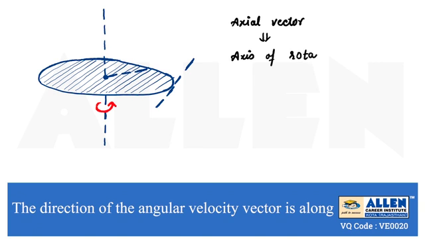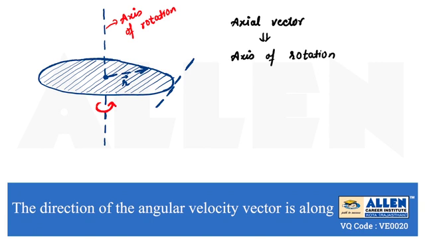So in the given figure we can represent which one is the axis of rotation. Here this axis, which is perpendicular to the body, or we can say perpendicular to the plane of the body, is known as the axis of rotation. This line represented here is a radius vector, which can be written as r vector, and this line is along the tangent. Here we can see the axis of rotation is the line which passes through its center and about which the whole body is rotating.